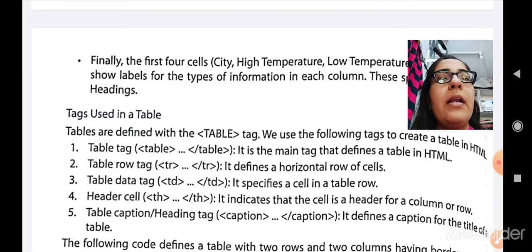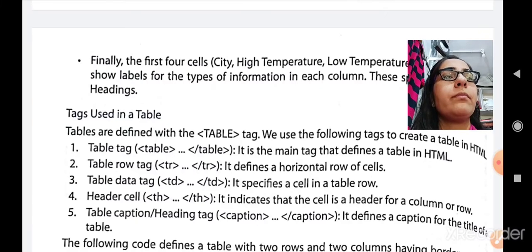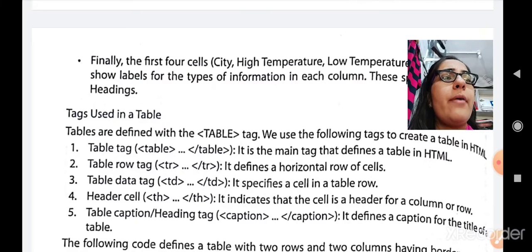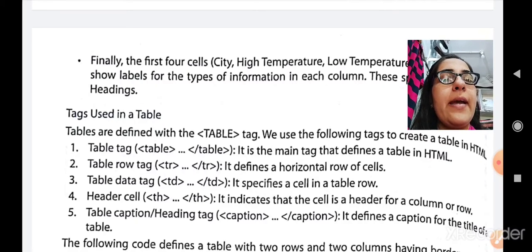Then the table data tag, td and /td. It specifies a cell in a table row. So after creating a row, you have to create a cell, and for creating a cell, the td tag is used. Then the header cell, th, for creating a header for any column or row.